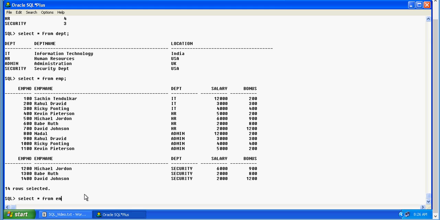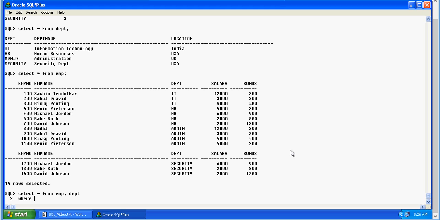So I say select star from EMP, comma department, where EMP dot department, meaning the department coming from the EMP table, equals the department coming from the department table. I repeat, select star means select everything from these two tables where the department of employee table matches or is the same as the department of department table.